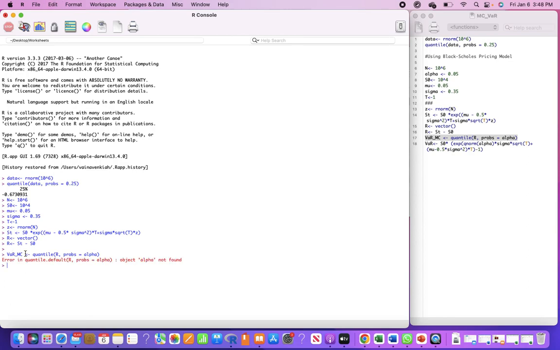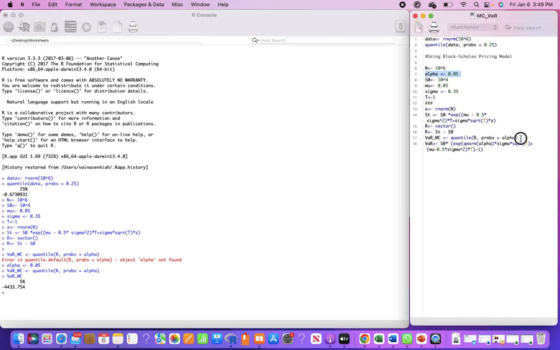value at risk. I don't have alpha. Alright, I missed the value of alpha. So I write my alpha, and you see what your value at risk is. So this is, there is a 5% chance of losing about 4,433.754. Alright, so now